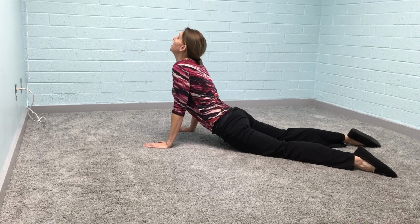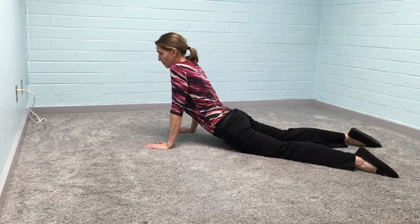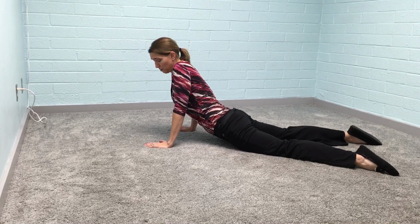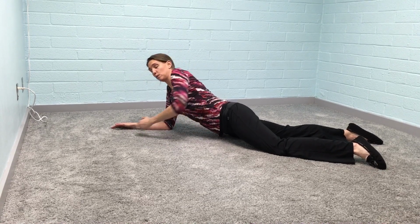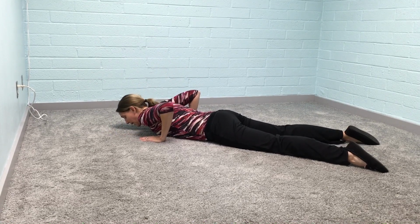pressing up, looking up. I even like to shift slightly arm to arm, kind of like my version of walking the dog, but in the front. Can really get into my psoas muscles and let things stretch and open up deeper in through the hip flexors and ab muscles. For breath, you're going to relax and inhale